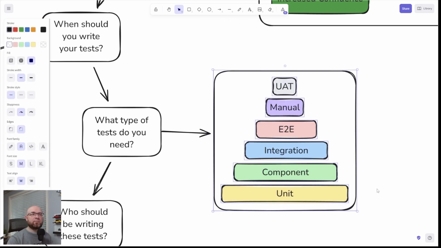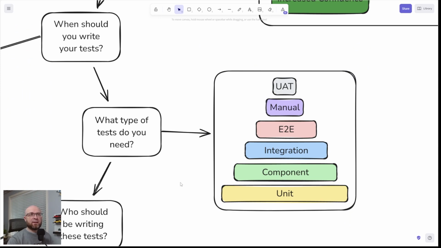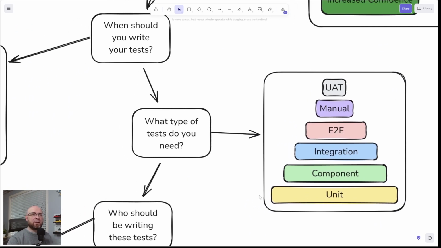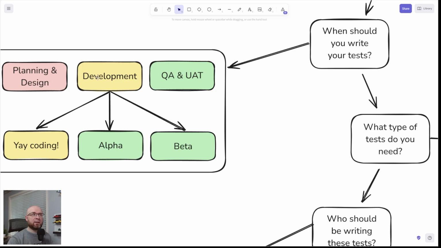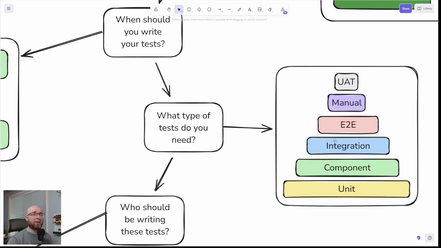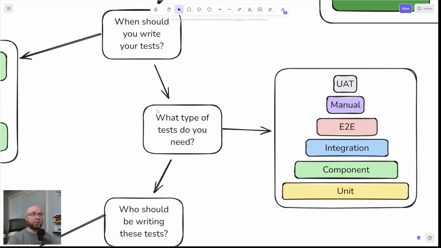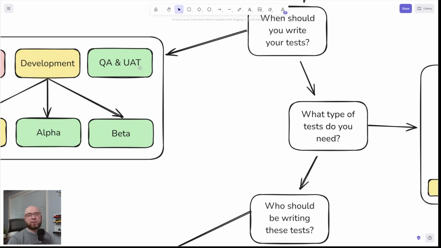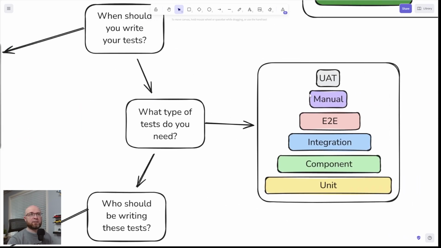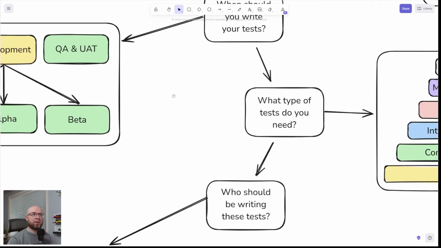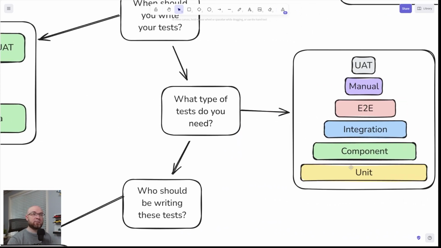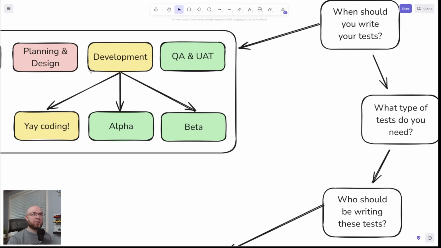So all of these steps are part of testing. And some of these, like unit and component testing, go over here in development. Integration and E2E come in the beta, I would say, probably either late alpha, early beta, or maybe even beta and QA UAT. And then manual and UAT is throughout beta and obviously UAT. So these don't all happen all at the same time. You want to kind of phase in. Again, the most important is unit, and that should be happening over here.